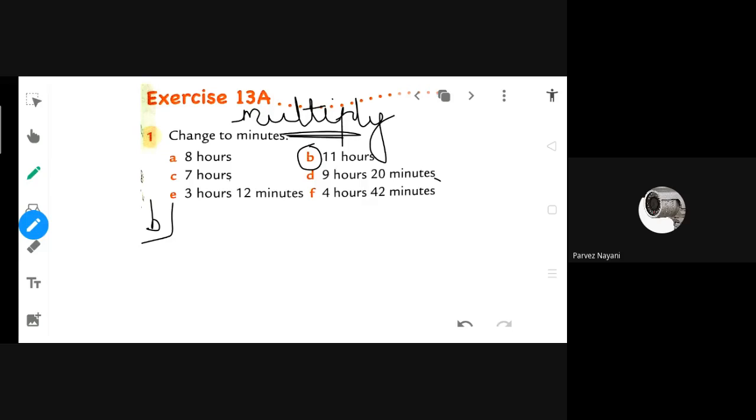I got a message. Muskan, tell. Muskan's name is first, no? Yes, ma'am. You can tell me what we will do now. Ma'am, we have to multiply. Which with which? 11 multiplied by 60. Yes. 11 sixes are 66 and we have to put 0. Answer will be 660 minutes.